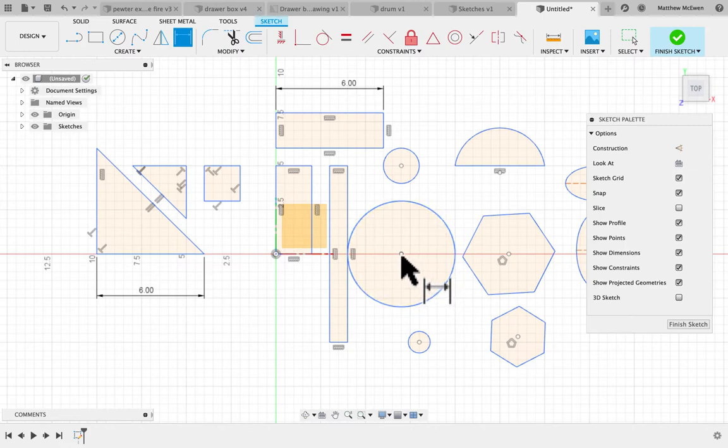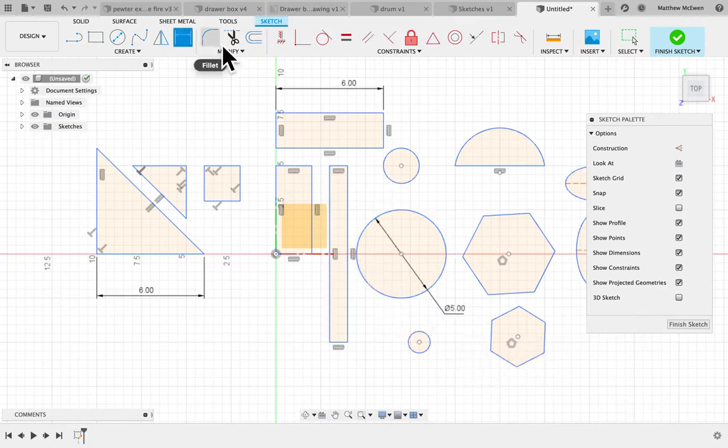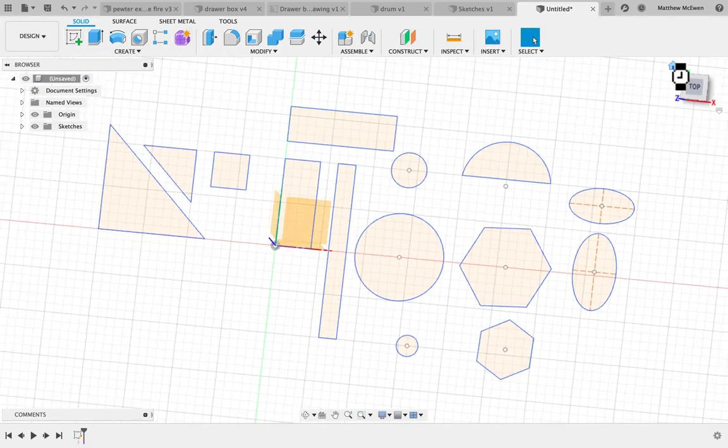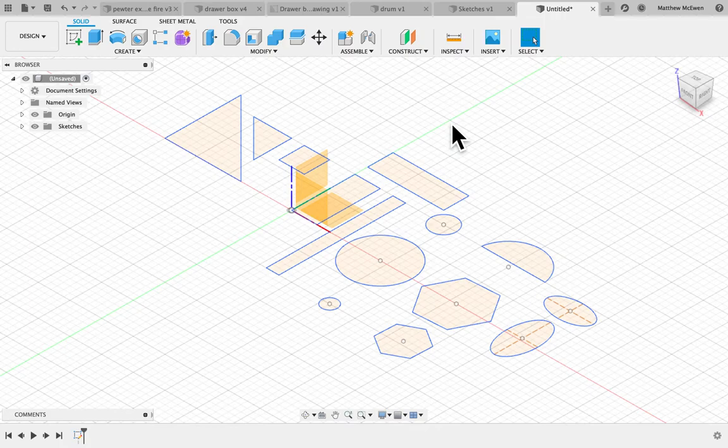And if I click on a circle, it tells me the diameter of that circle, and I can change that. I'm going to make this a little smaller. Okay. So sketch dimensions comes in real handy when you need to change the distance or the diameter or the size of a shape. All right. Now that I've shown you that, I'm going to go ahead and click Finish Sketch. Automatically, the toolbar goes back to the Design toolbar. All right. And now